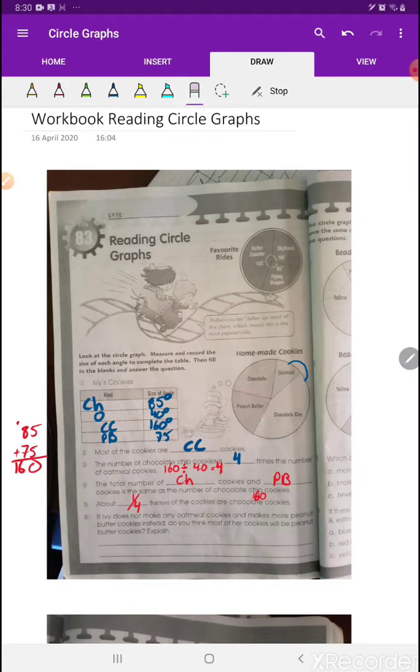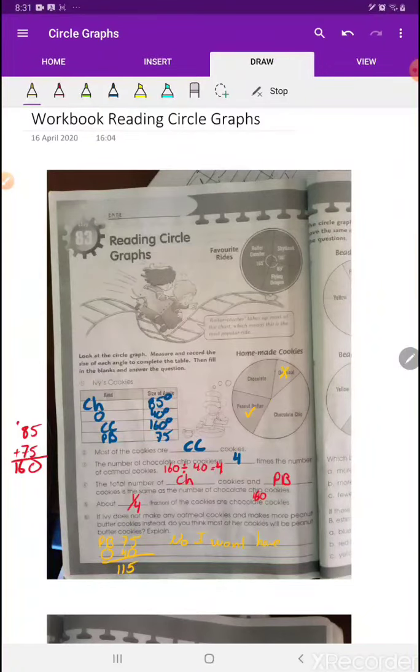All right, so I'm just going to erase some of my lines on here so we don't get confused by them. So she doesn't make oatmeal, but she makes more peanut butter cookies instead. Do you think the most cookies would be peanut butter cookies? Why? So what we're doing is adding this bit to that bit. And the question is, when we add those two together, are we going to get as much as the other? Well, let's try it out. Peanut butter is 75 and oatmeal is 40. If I add those two together, I get 115. But chocolate chip is 160 degrees. So no,